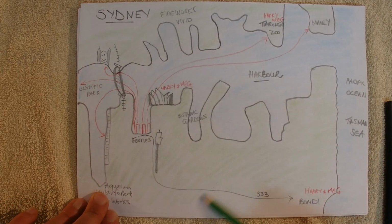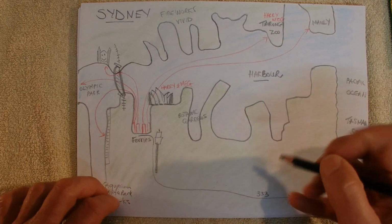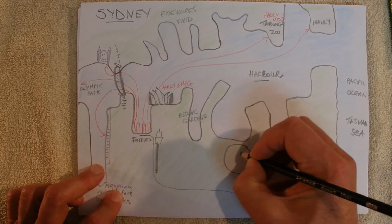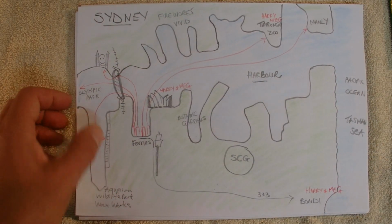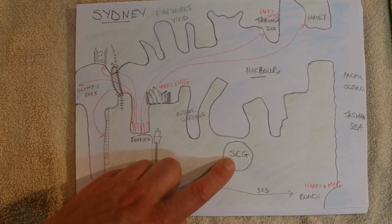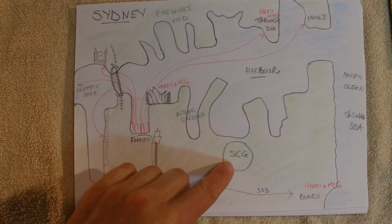A bit more down here now. What else we got to talk about down here? There's exactly where it is, but we've got the important thing to know. We've got the SCG, which stands for the Sydney Cricket Ground, which is where they'll play cricket test matches, one day, 2020 cricket matches at the SCG. They also play Australian rules football at the SCG,